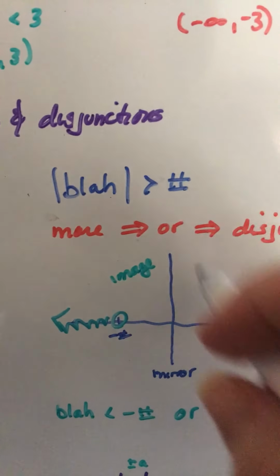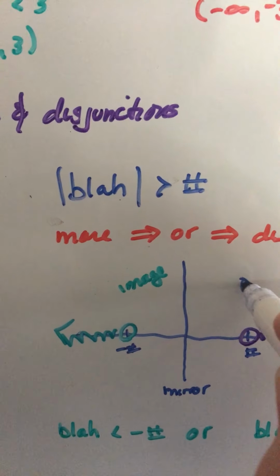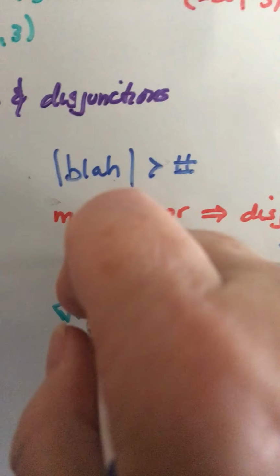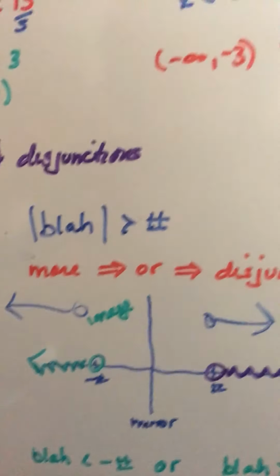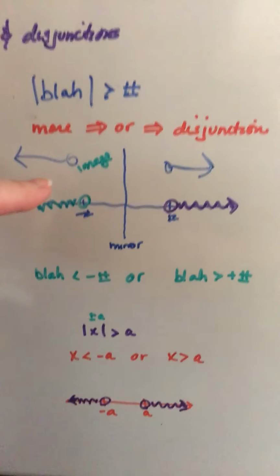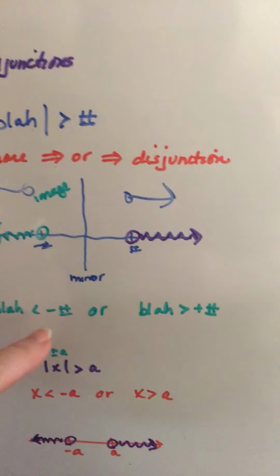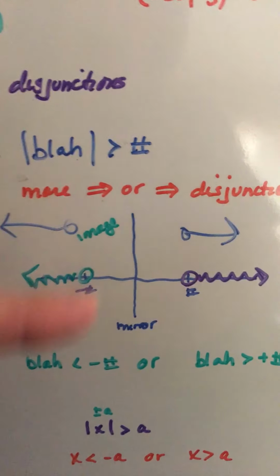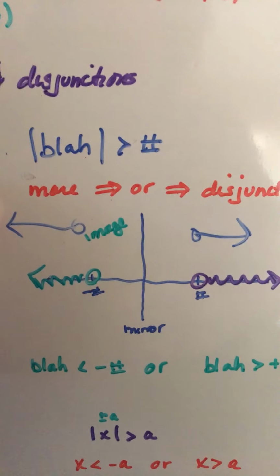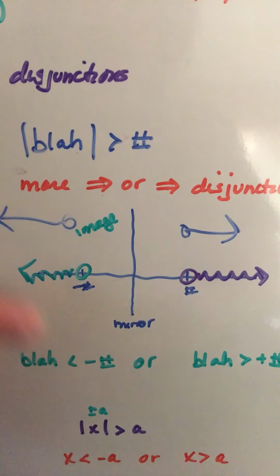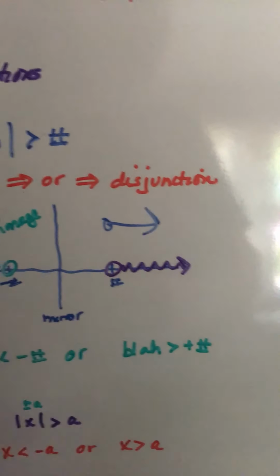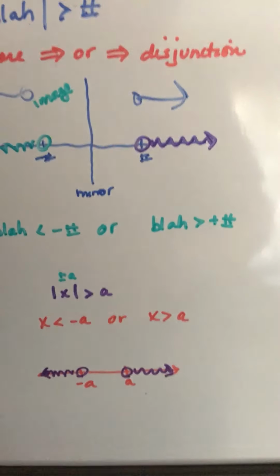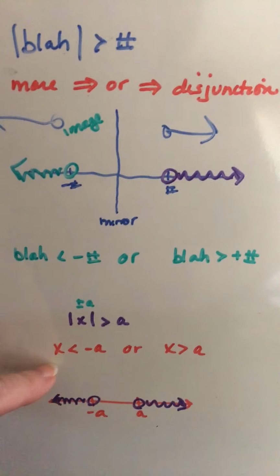rather than the more and the or, you can just say, oh, here's the particular number I want to be greater than. And so now where's the mirror image? It's going to head left since this headed right. And so immediately you see that your blah is less than the negative number and blah is greater than the positive number. What's even nicer on a disjunction is that this arrow, blah is less, that's the less than symbol, and that's where the greater than symbol came from. If it's just an x, you can see there's no issue because then this is just less than negative A,